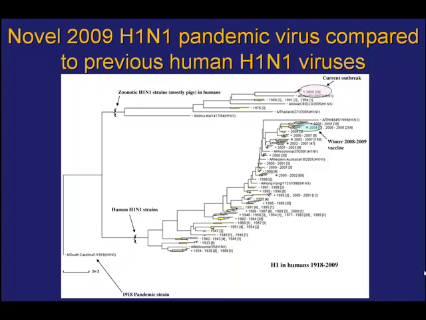This phylogenetic tree illustrates the evolution of the seasonal human H1N1 viruses from the start of the 20th century until 2008. And the novel H1N1 virus is here, and you can see that it is way different from the seasonal human H1N1 viruses. There is as much as 25% amino acid divergence. The closest relatives are swine H1N1 viruses that have been isolated from humans,